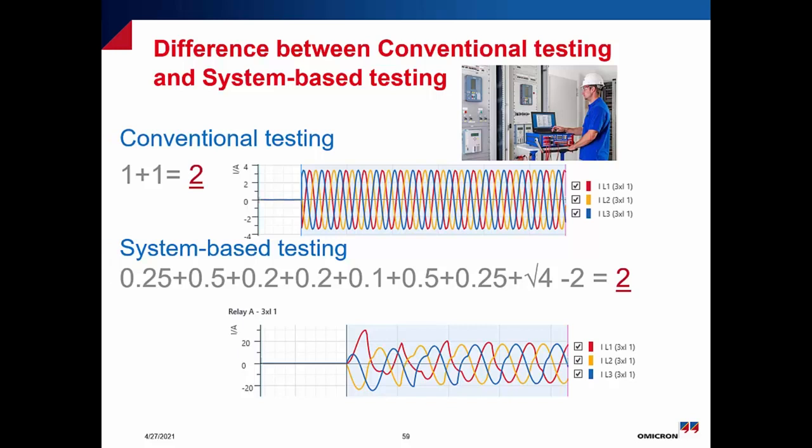How can I check that? How can I check this behavior? This is not easy to be considered in the conventional testing, because it's very similar to straightforward injection, 1 plus 1 equal 2. But coming to the reality, the real world,